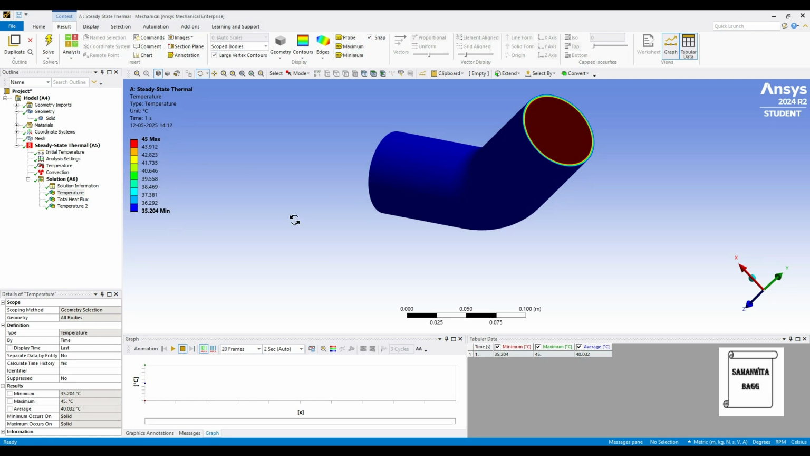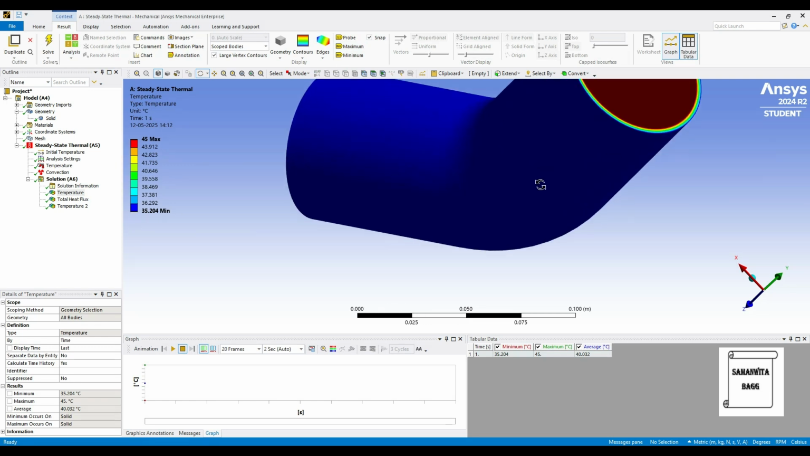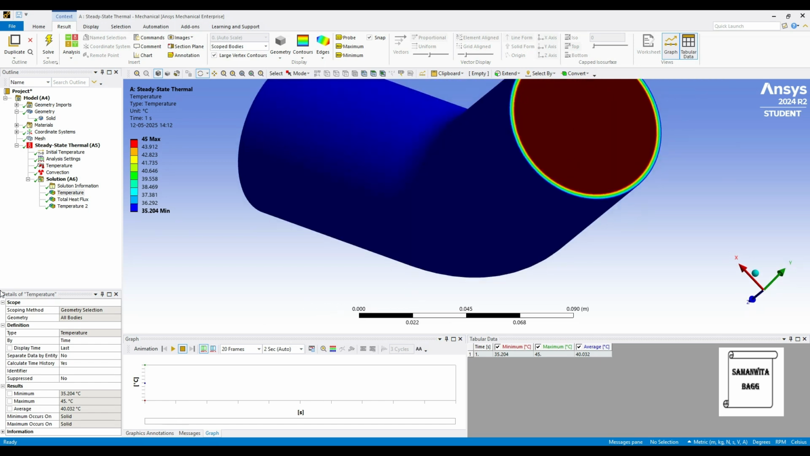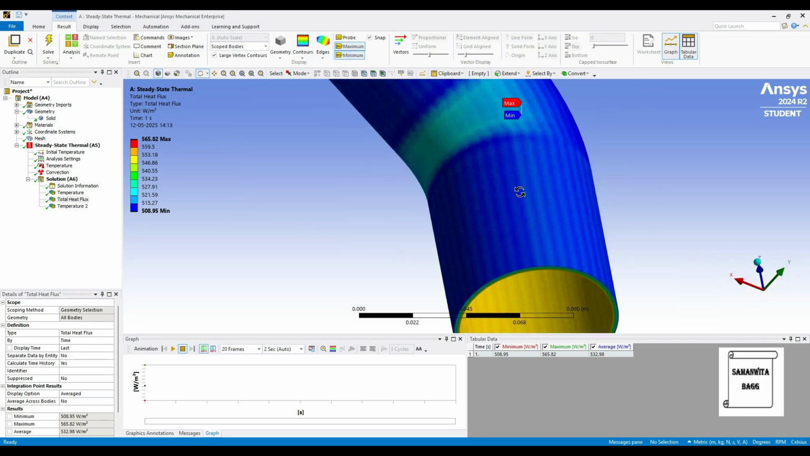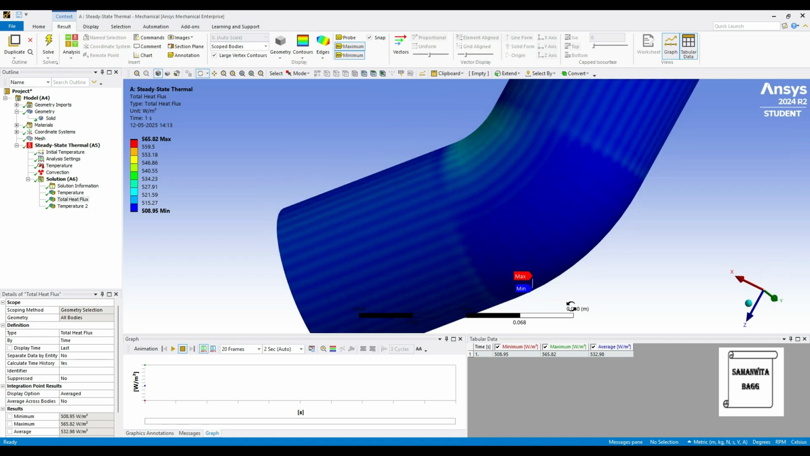temperature is 45 and the outer one is 35.204 degrees Celsius. So there is a variation of temperature as compared to stainless steel. Then we'll go for total heat flux. You can see here the maximum value is 565.82. Now you can click on max min. So here you can see this is the maximum inside, and on the outside it is minimum 508.95 watt per